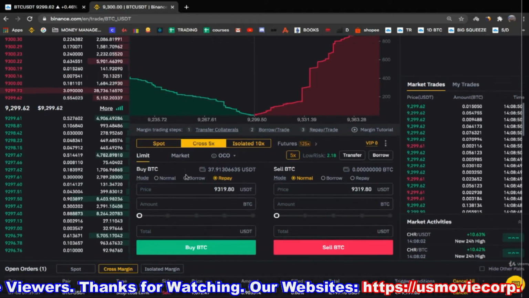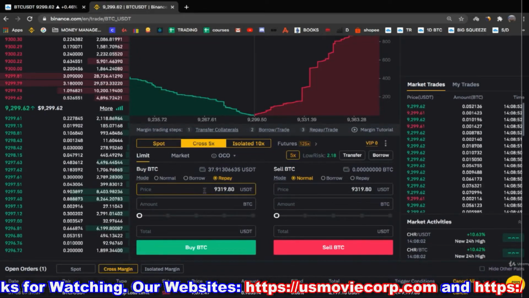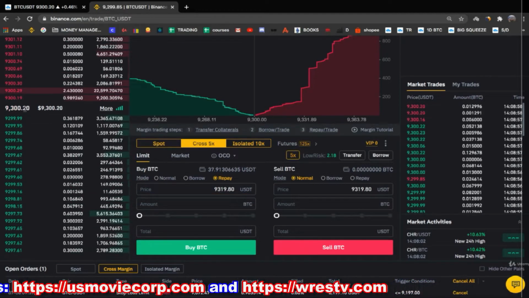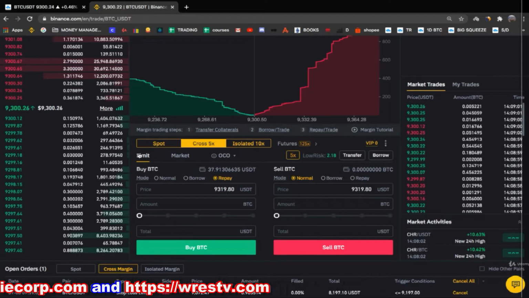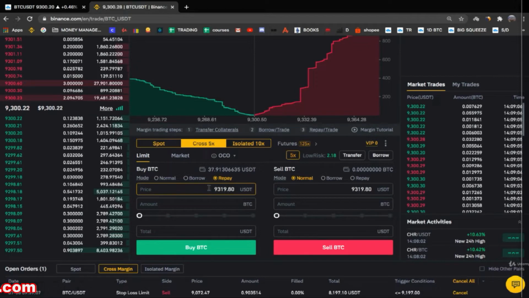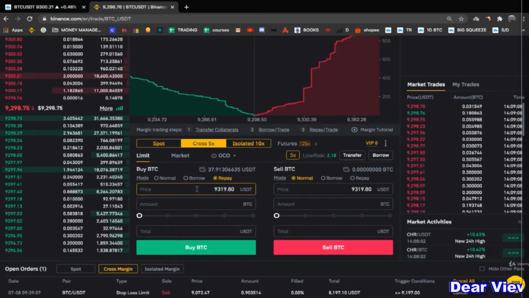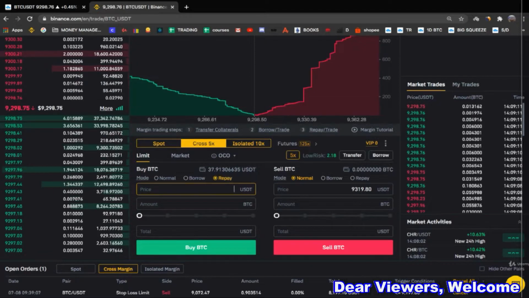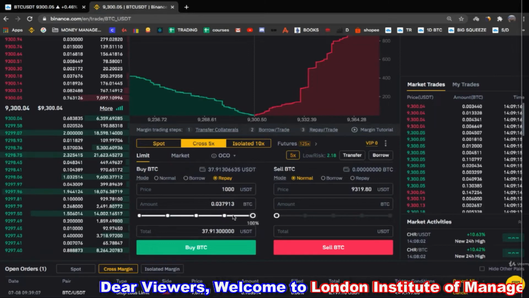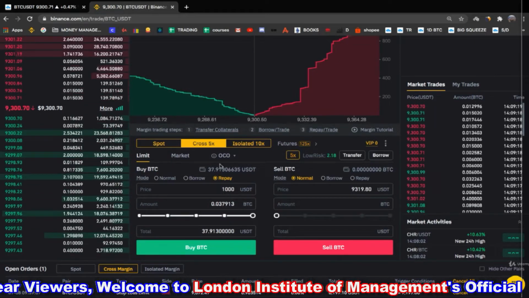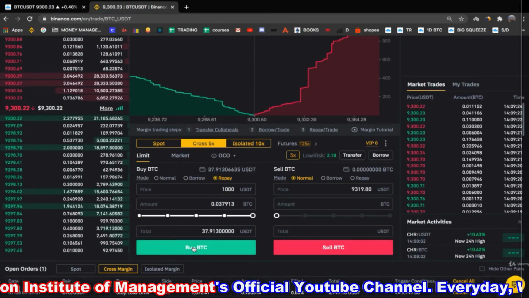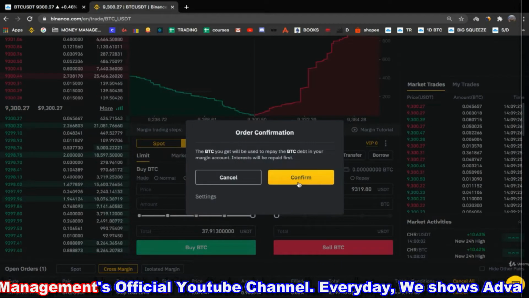The limit order, on the other side, you are setting a price that you want to buy at, right? And this price can be lower than the current market price, that is the idea, but this order will be executed only if the price comes to your price. So let's say I can set a limit order to buy Bitcoin at $1,000, right? Here, of course, you are putting the amount of Bitcoin and the amount of dollars. So with this, you will see we can set a limit order to buy at a price of $1,000.